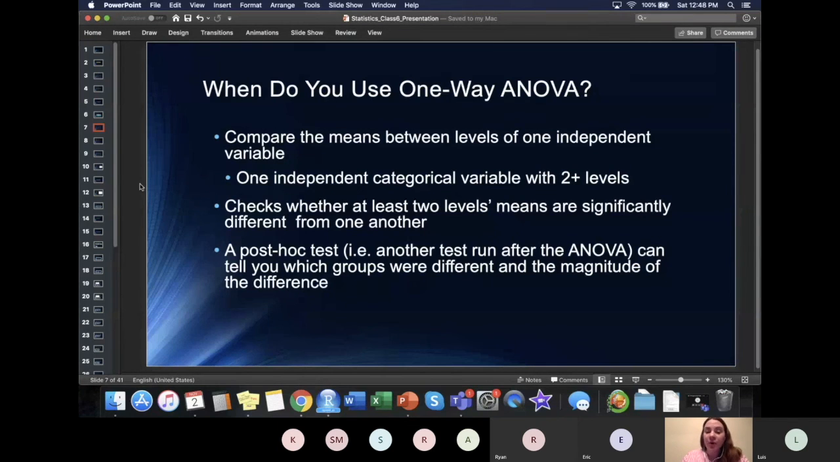And the ANOVA will not actually tell you which levels are different from one another, so you have to run an additional test to tell you those details. And I will show you how to do this in practice. So now that I brought it all together, showed you examples, and tried to explain it at a high level, are there any questions about the high level explanation that I